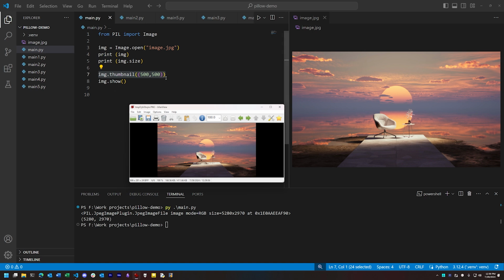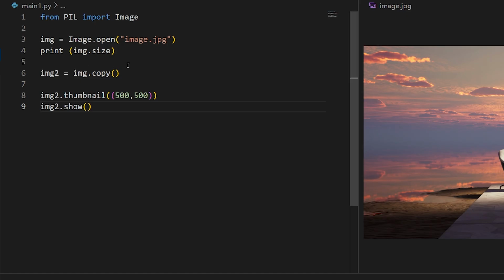Note that I'm not talking about the original image on disk, but rather the image that we have loaded into memory. So this is also a good point to talk about one of Pillow's potentially frustrating behaviors. Some of Pillow's methods work in place, and some return copies. So you need to check the method signature for each method to see what happens. Now, since thumbnails work in place, if we wanted to work on a copy of this image, we could do that by just using the copy method for an image to generate a copy, and then we would do our work on the copy. The original would only linger in memory as long as some reference to the original stayed in scope, as with any other Python object.